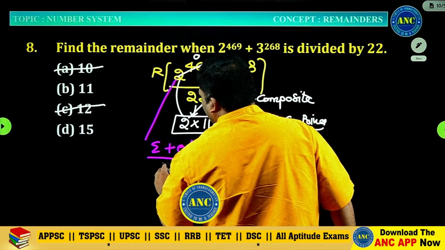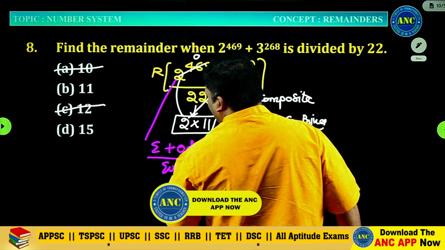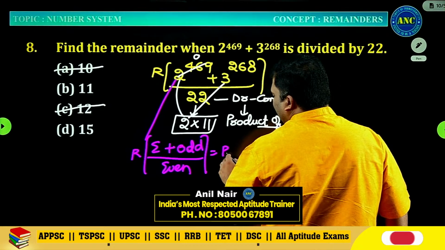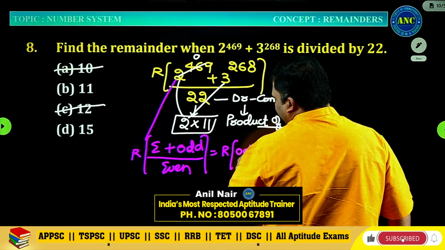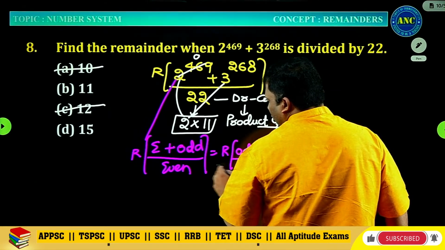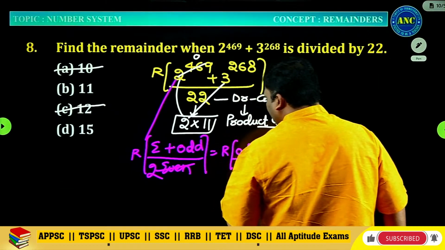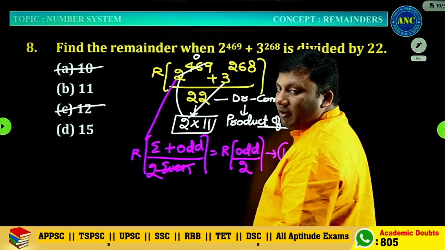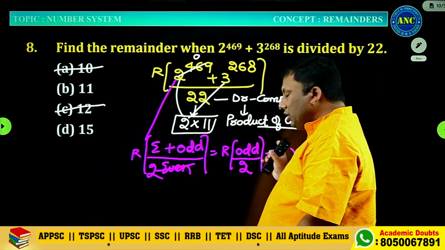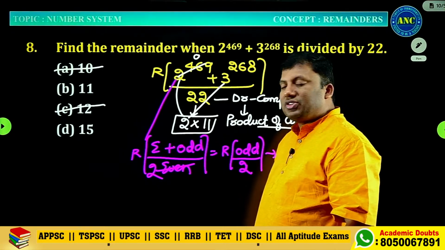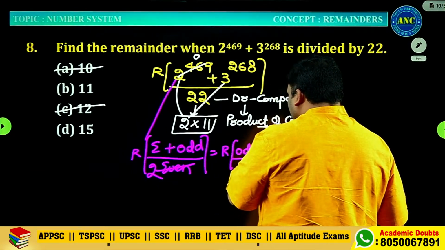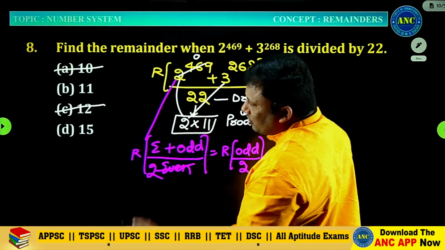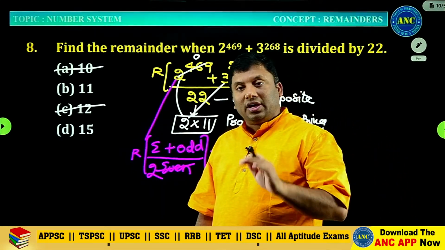Even plus odd, divided by even. Simple format: even plus odd is odd. An odd number divided by an even number, specifically 2, the remainder will be 1. Am I right? It is 2 into something plus 1, which means it is an odd number. The answer should be an odd number. Simple, 2 options are out without even doing remainders.